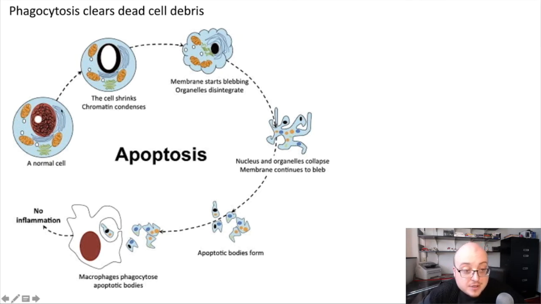But in apoptosis, there's a very stereotyped morphological way that cells die, and it's very recognizable under the microscope. When cells begin to undergo apoptosis, they begin to shrink, and the DNA, the chromatin in their nucleus, also begins to shrink and fragment. The plasma membrane of the cell starts to bleb, or bubble out into smaller little balloon structures, and eventually the cell starts doing some pretty crazy morphological things. And it breaks down in ways that result in the formation of these entities called apoptotic bodies.